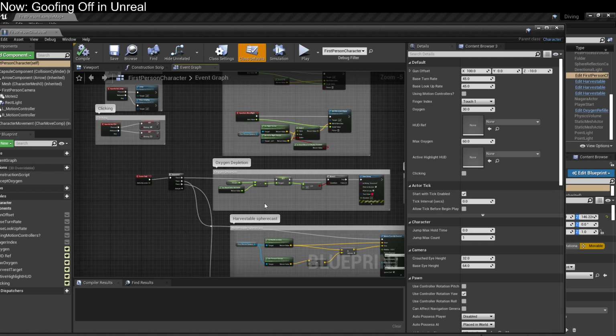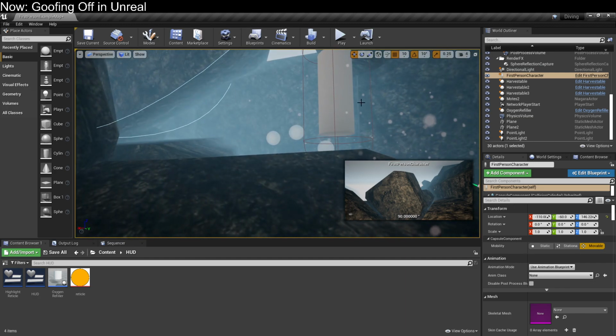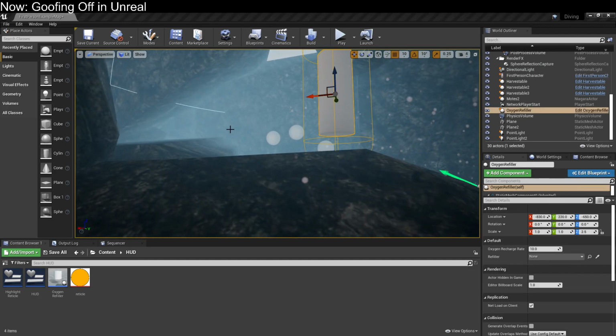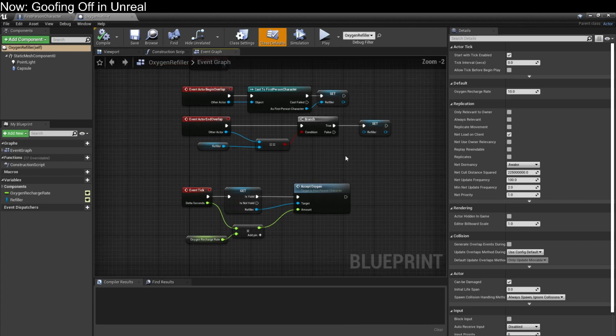I thought we put it here in the player character. Did we put it in the harvestable object instead? Or the refillable object instead? We might have. Let's take a look. So here's the object. Here it is. So yeah, we actually are doing the refilling from the object side rather than the character side,